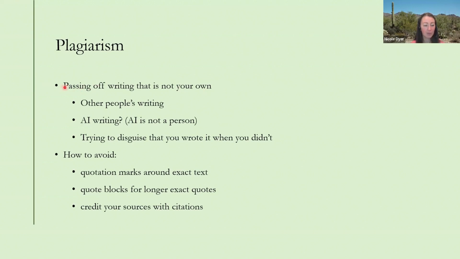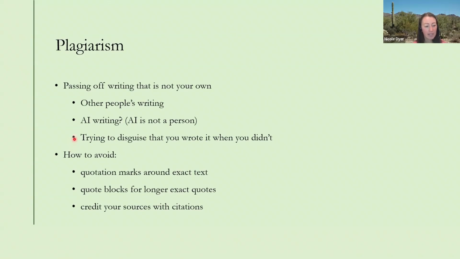other people's writing here because I divided that out into writing done by machines or bots and then actual people's writing. I think we do need to differentiate those two things. But still, I wouldn't want to plagiarize the AI by not quoting it or disclosing it. Because in essence, if we try to pass off either of these types of writing as our own, it's still passing off writing that isn't your own, and it's unethical, and we shouldn't do that. We don't want to try to disguise someone else's or something else's writing that we didn't do. It's not honest to our reader.